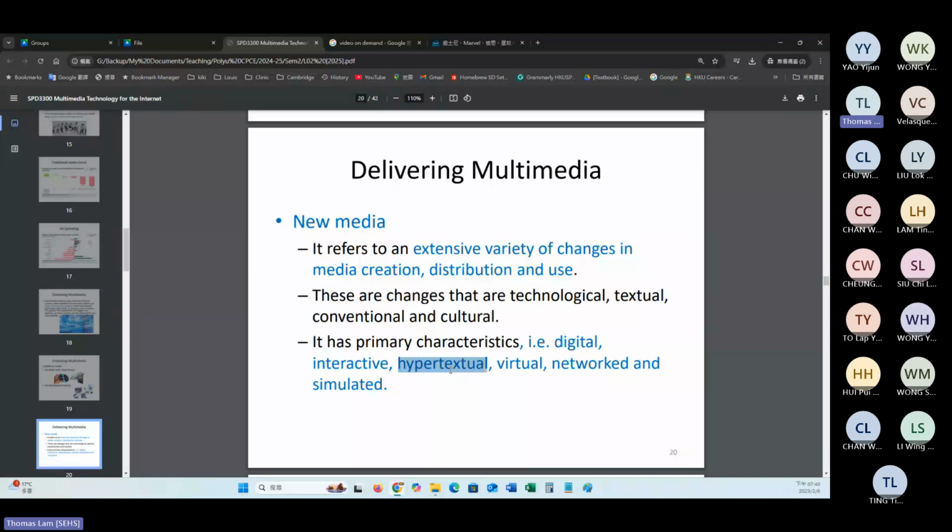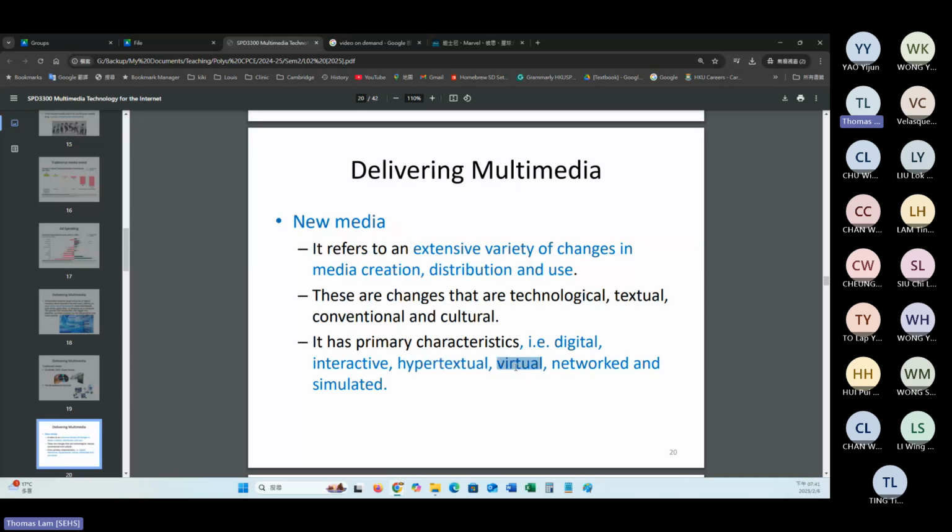And again, the web page, hypertext, means we make use of the web page to deliver text, images, or even video, and you can click on any of the links and select the appropriate or preferred content to read or to watch.